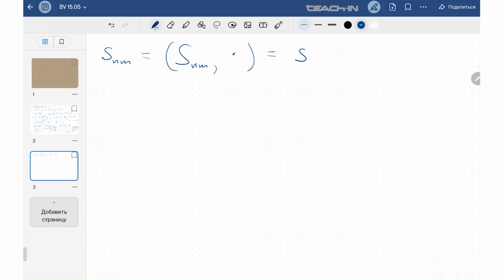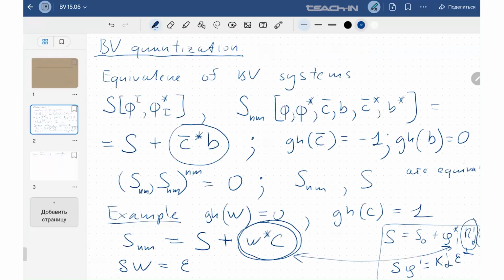And then we have extra terms, which are C d over dW, plus, so we have W star C. So there are two terms in the Hamiltonian vector field with such a Hamiltonian. One is the one I wrote, C d over dW, and another one is going to be